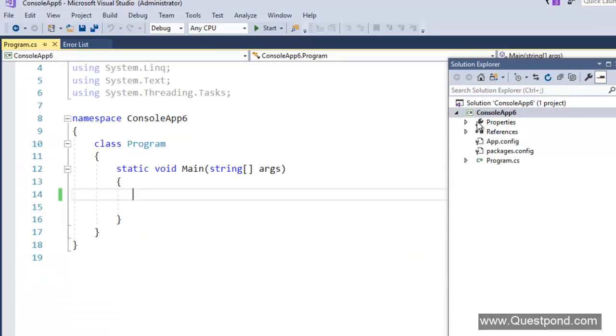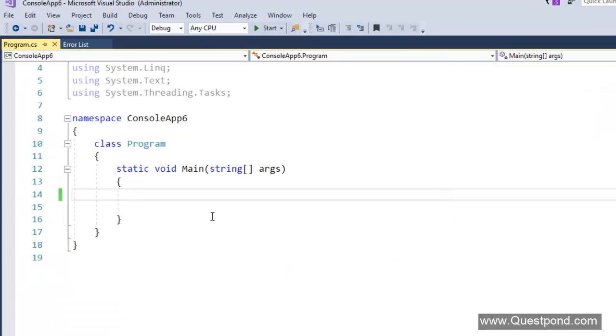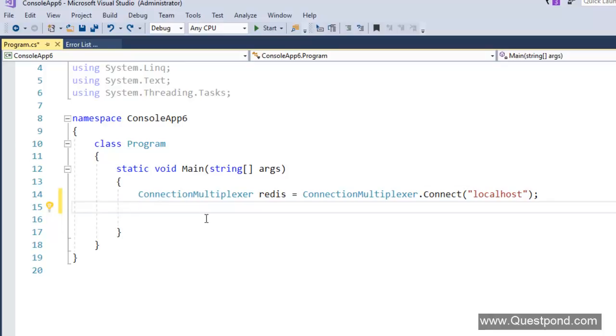Once you have done that, to connect to Redis is a 4-step process. So the first thing is you will create the object of ConnectionMultiplexer. This ConnectionMultiplexer is like your connection object which connects to the server of Redis.